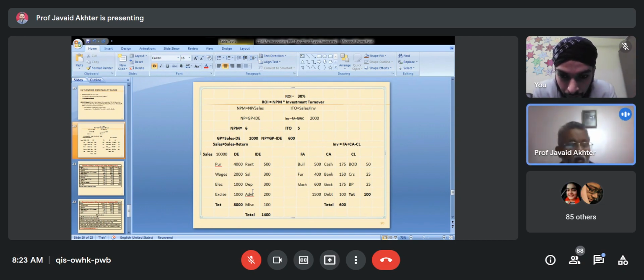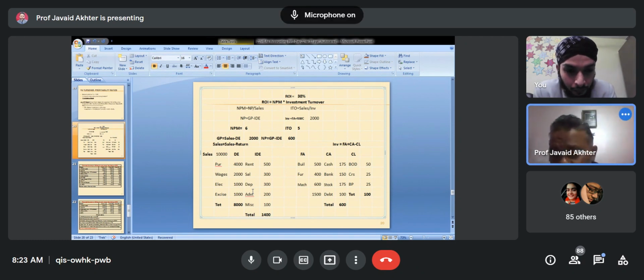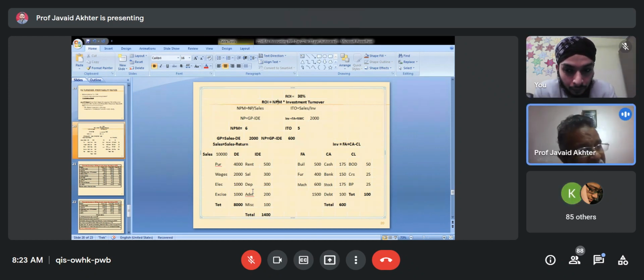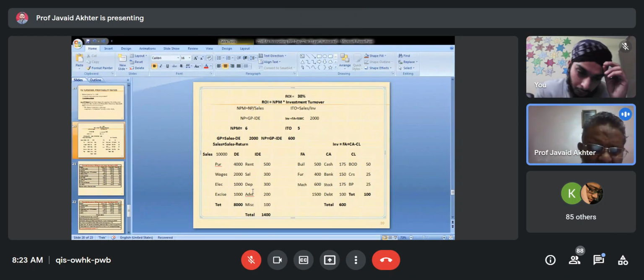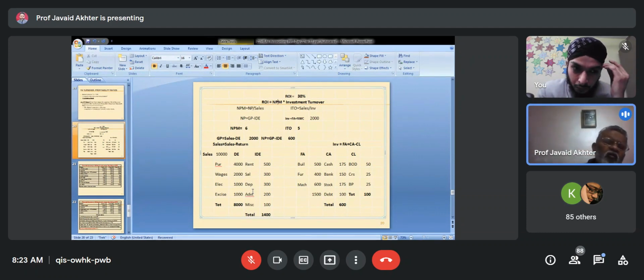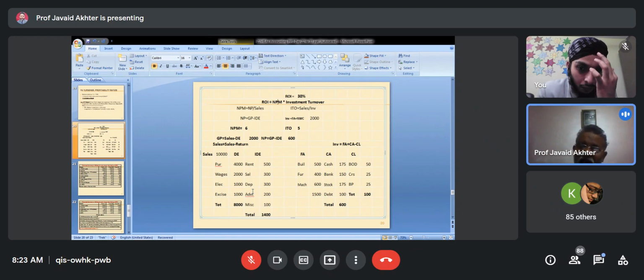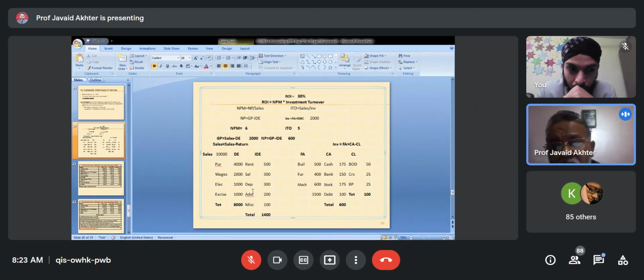Now assume, I hope you are all comfortable using MS Excel. Yes, sir. If any of you has not used MS Excel yet, not just basics, copy, paste, add, deletion, division, nothing more than that. I'm not asking you to go for advanced functions, just simple functions like addition, division, subtraction, etc. in MS Excel. Assume that the slide which is appearing on your screen is an